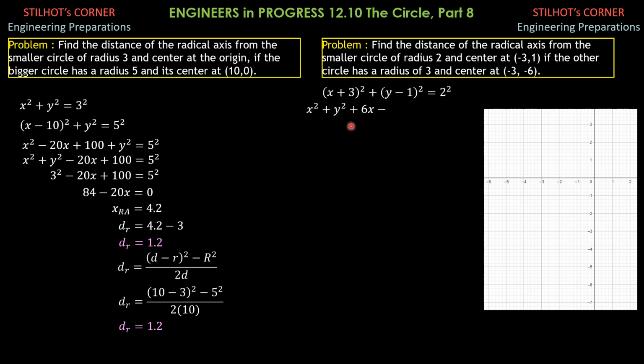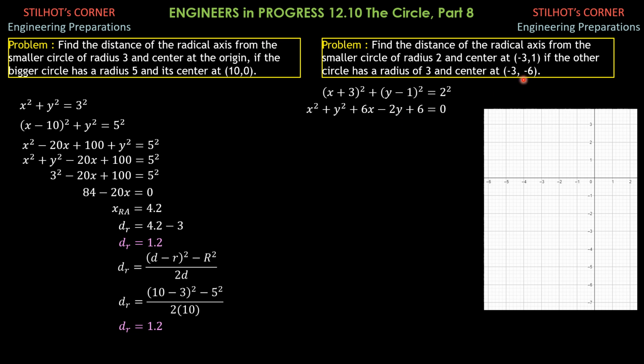And that is x squared plus y squared plus 6x minus 2y, then plus 9 plus 1 minus 4 equals 0. So again, simplifying, x squared plus y squared. The middle term here is 6x. The middle term here is negative 2y. The last term here is 3 squared, or 9. The last term here is 1. So 9 plus 1 is 10. 10 minus 2 squared, 10 minus 4, is positive 6 equals 0. So that's the reduced equation.